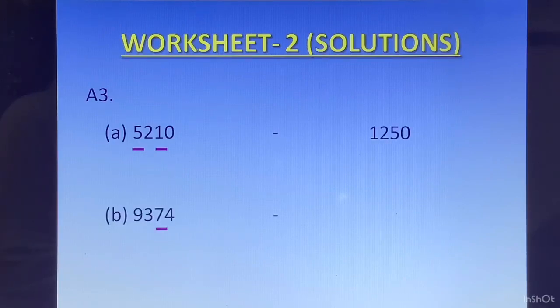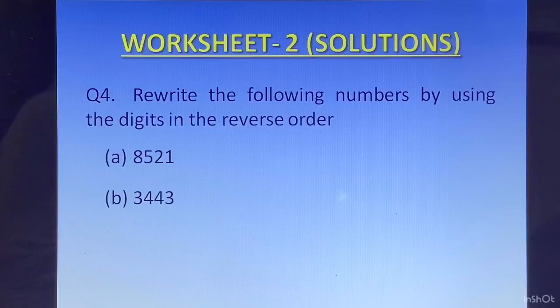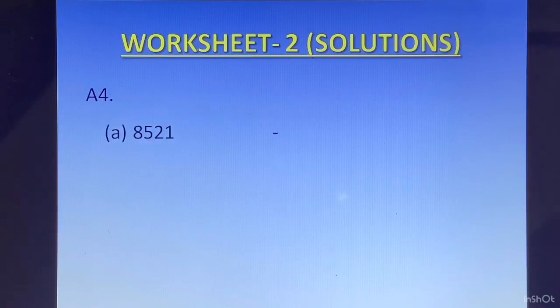Here we have 7 in the tens place and 9 in the thousands place. We will exchange these digits. The new number formed will be 7394. Question number 4. Rewrite the following numbers by using the digits in the reverse order. First one,